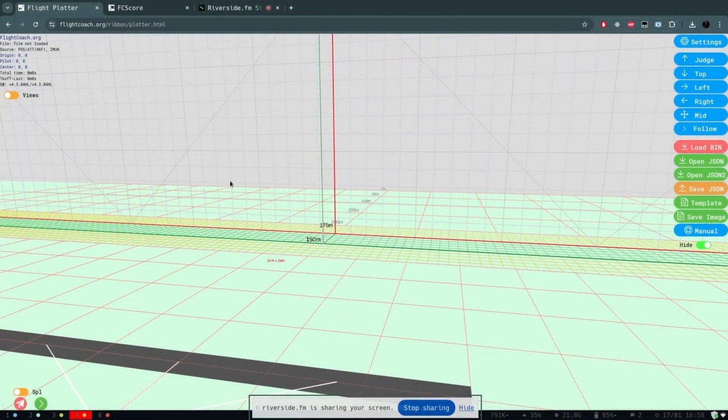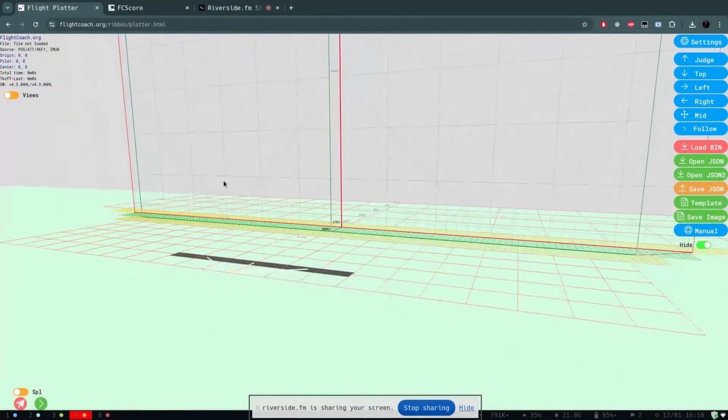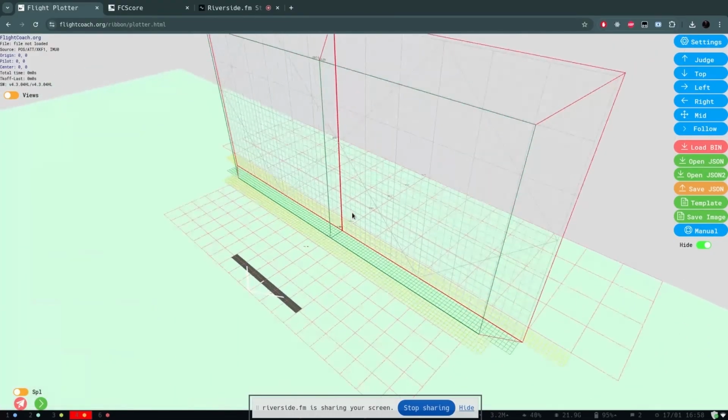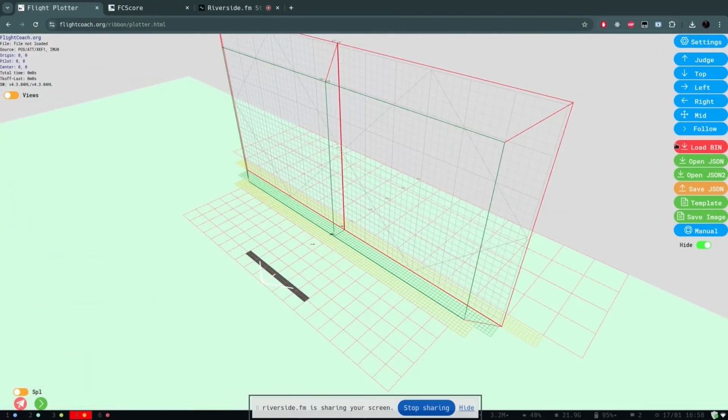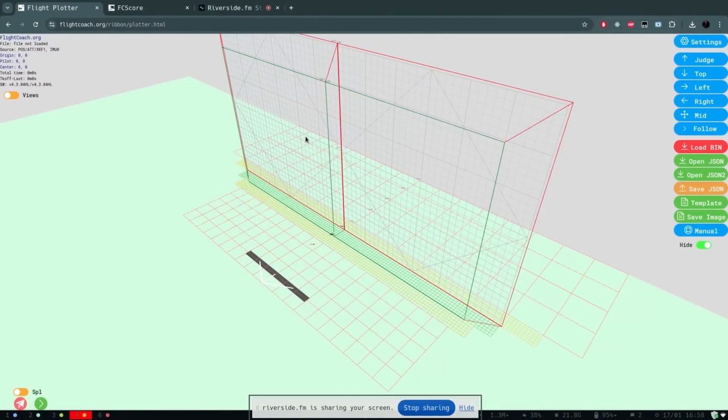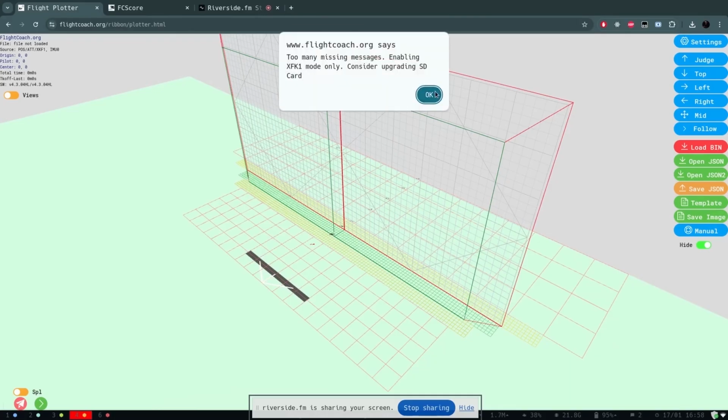Okay, so this is a plotter. It's kind of a 3D F3A box. The pilot sits there. So we can load a flight log into here. So a bin file is a binary file that